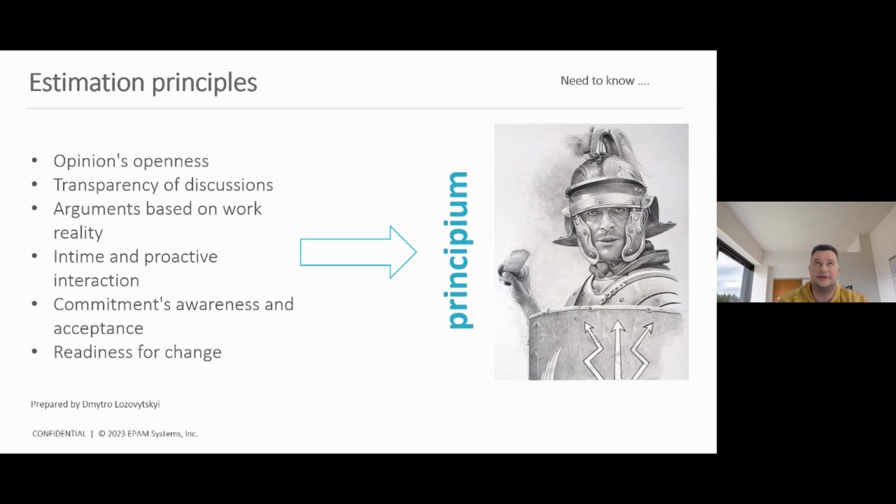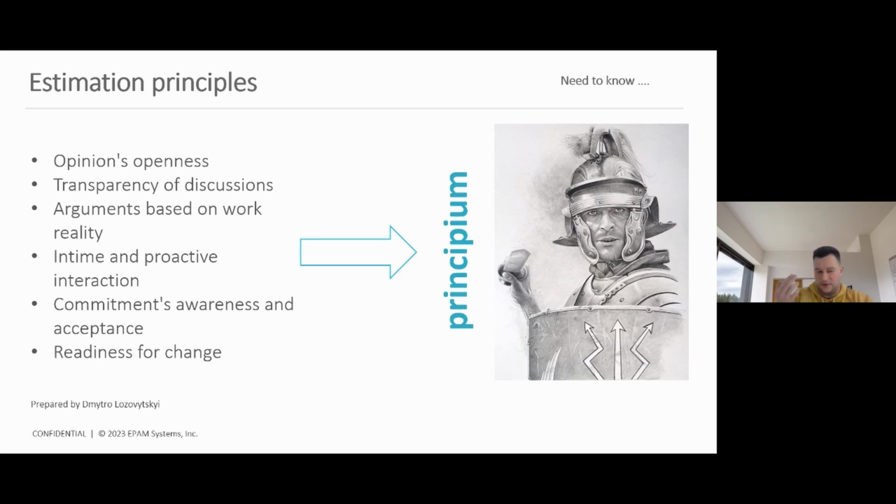Proactive interaction means that everyone in your team or teams needs to be proactive. The guys shouldn't evade when the PM or PO or product manager, or even more a business analyst, comes to them and says, come on guys, don't forget about our estimation session today, or planning session today, or refinement session today. No, everyone needs to care about that in their heads. If you know, guys, that you have a work schedule, and in your work schedule you have some sequence of events and actions on a repeatable basis, for sure.